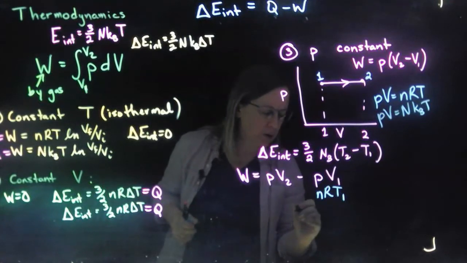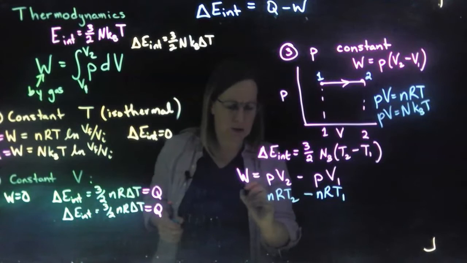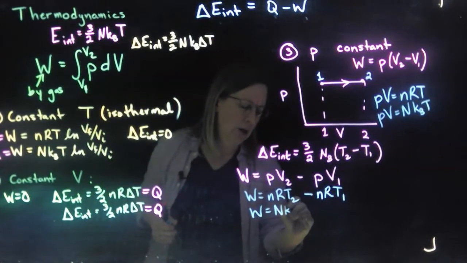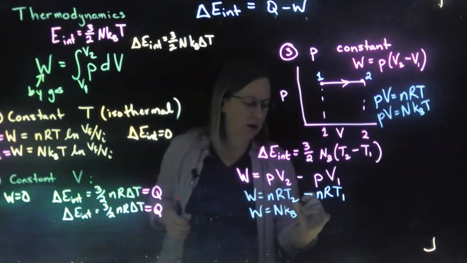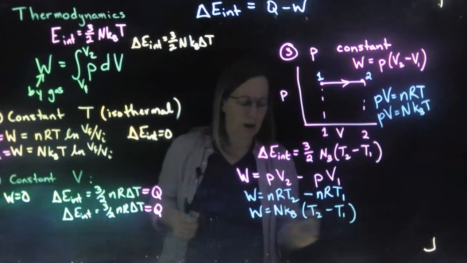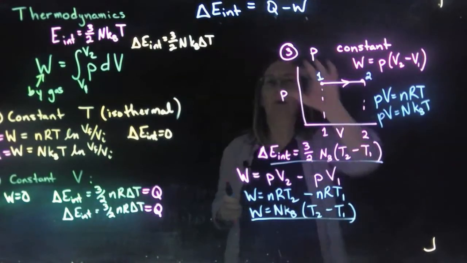So nRT2 minus nRT1 is the work done, or I can write it in this form, KB T2 minus T1. Okay, I can take this and put it in the first law